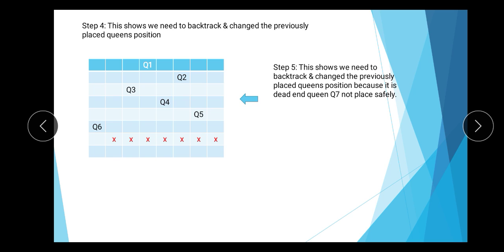Similarly, we place the fifth queen in the fifth row, seventh column. Now we can safely place our sixth queen, that is q6, in the 6th row, first column. Again, we cannot place the 7th queen in any remaining position because there is a direct attack by the 6th queen on the 7th queen, because these are in the same column or same diagonal position for the q7. So again this is a dead end and we need to backtrack for placing the q7 on the chessboard.